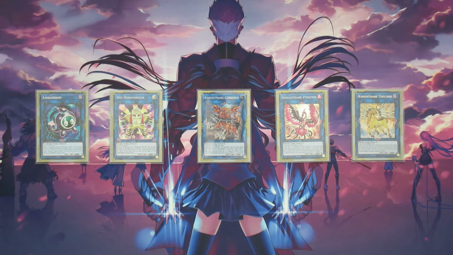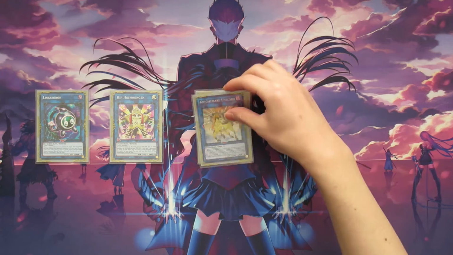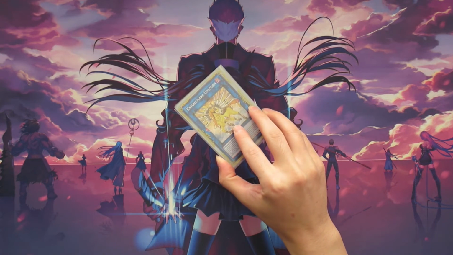Now, these cards are just very generic outs for our deck to kind of pick apart our opponent's board. Cerberus destroys monsters, Phoenix destroys spells and traps, and Unicorn can shuffle any card from your opponent's side of the field back into their deck. And all the while, as long as they're co-linked when they use their effects, they can get you additional draws,